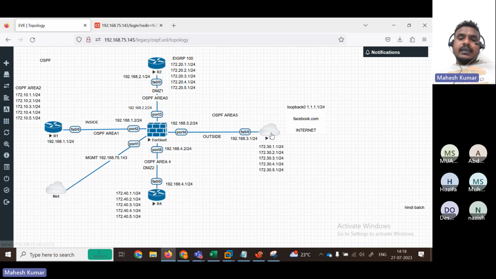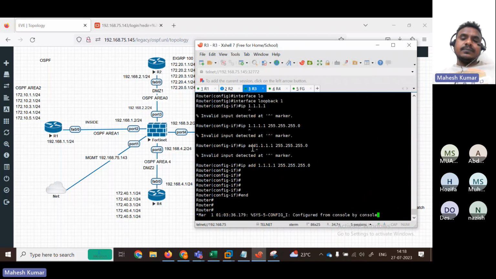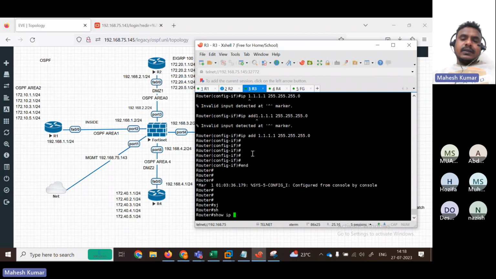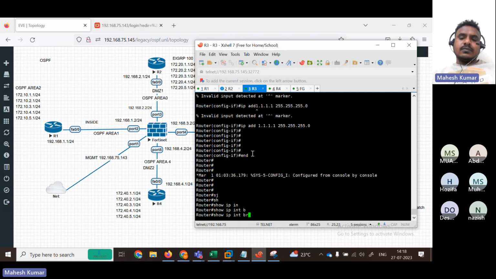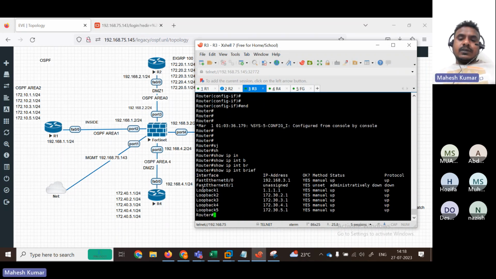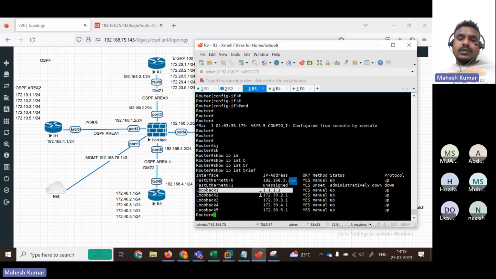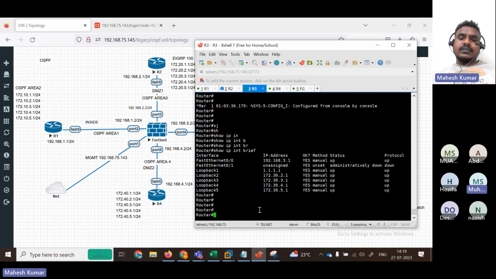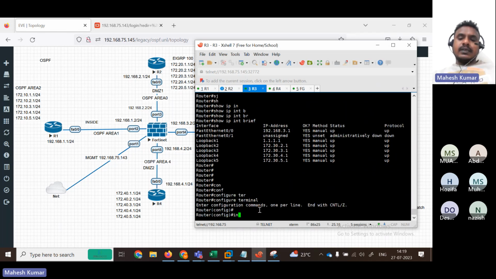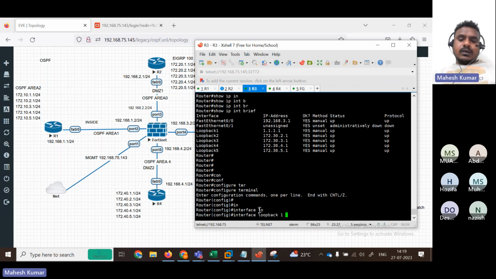I just assigned the IP, and loopback 1 was already there. So I need to change the IP, because earlier loopback 1 was 172. Now if you check the routing and the interface IP, show IP interface brief. 1.1 is there with loopback 1. But where is 30.1? 30.1 is gone, right? Only 30.2, 3, 4 are there. That is the reason. Configuration terminal, interface loopback 1, IP address